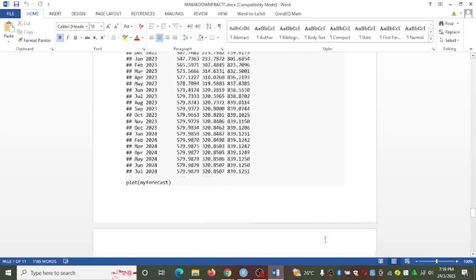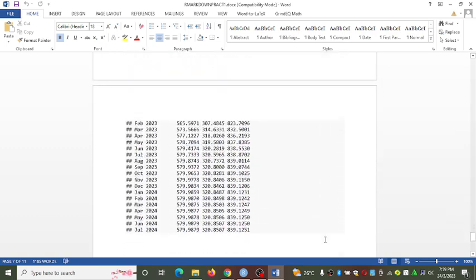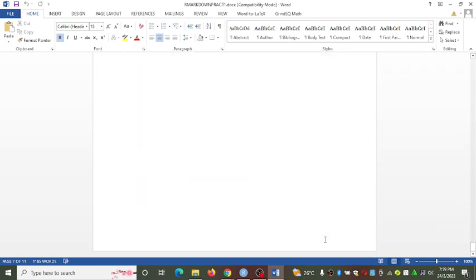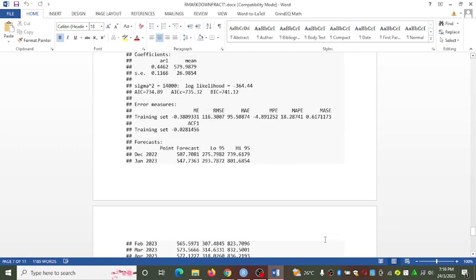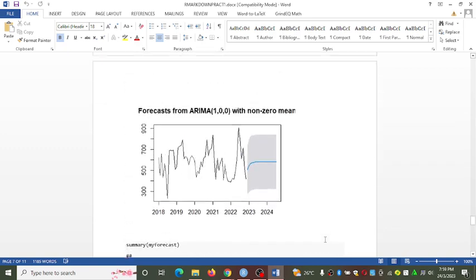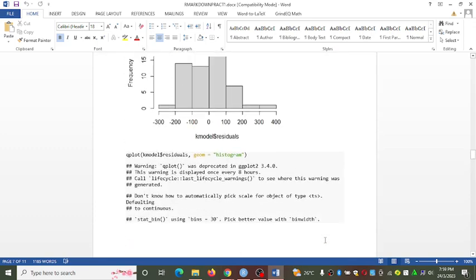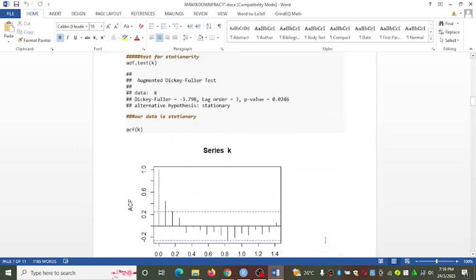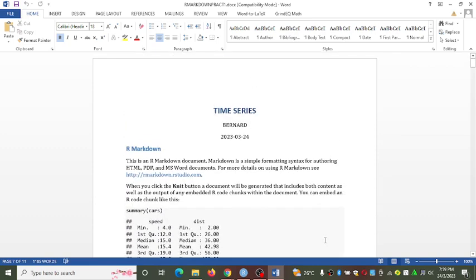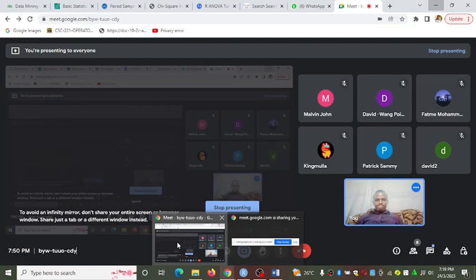This is how we produce an R Markdown. So you produce your reporting directly from R to Word, or you can knit it directly from R to PDF.